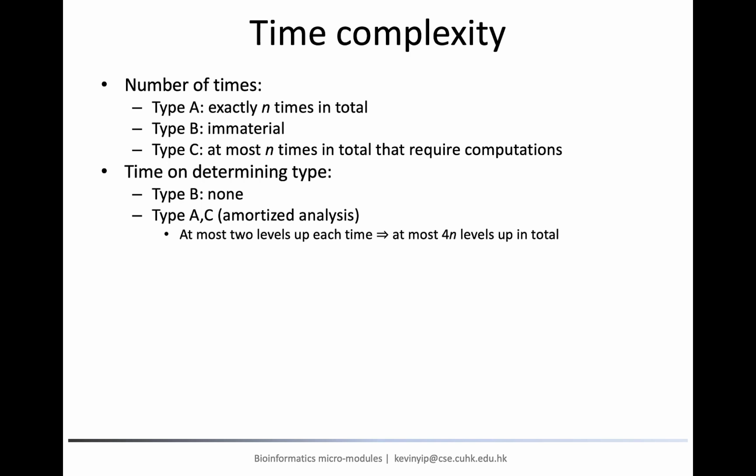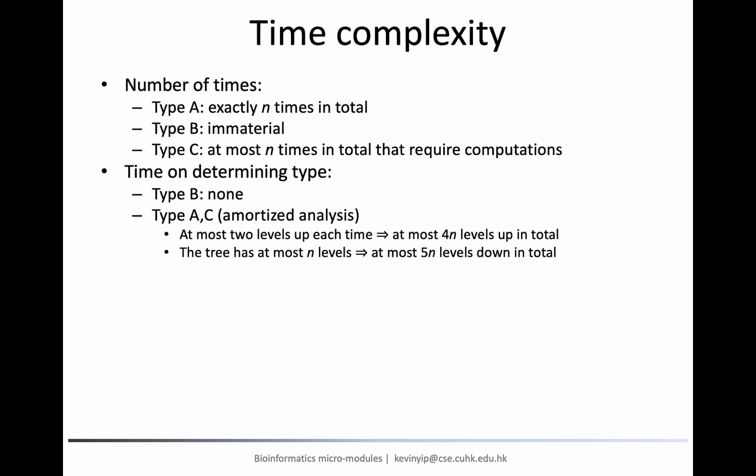Every time after a type A insertion, we need to update the starting node. If the current node does not have a suffix link, we first need to go to its parent, which reduces the depth by 1. Then we follow the suffix link, which reduces the depth by at most 1, as explained in the last module. Therefore, each time when we update the starting node, we reduce the node depth by at most 2. For a total of no more than 2n type A and type C insertions in total, we decrease the depth of the starting node by at most 4n in total across all iterations.